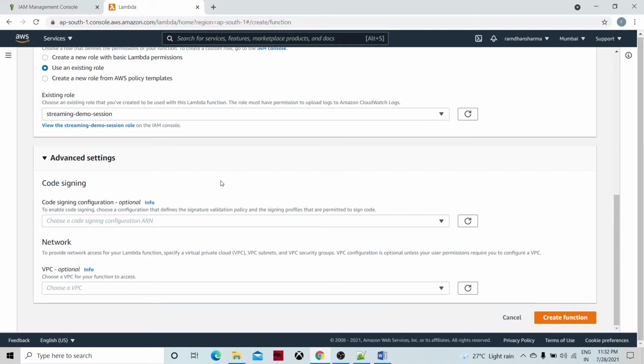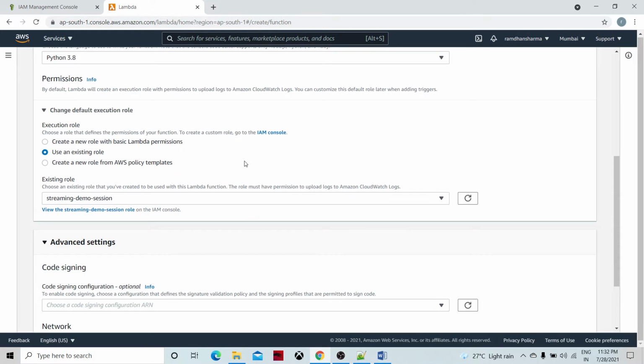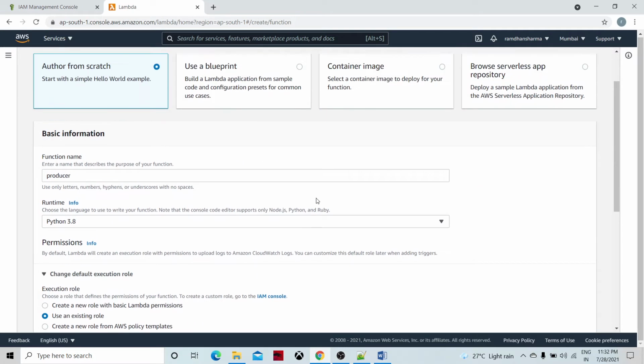So we are not going to do any cross VPC or outside access. The things are happening within the AWS environment, and the IAM role is sufficient for that. If things are happening outside the network, we will be talking about virtual private cloud and security groups, so let's limit our discussion on that.